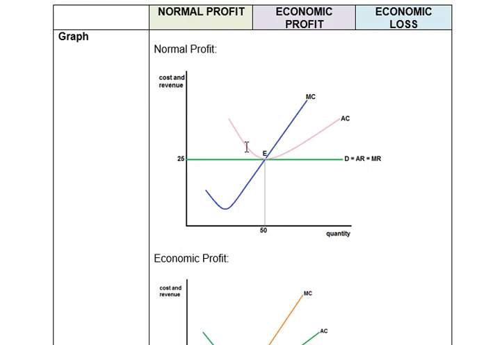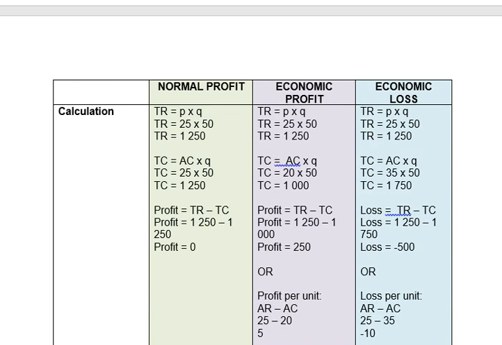My average cost graph is lying on top of, it is tangent to my average revenue, which means at point E, my green graph is touching, my pink graph is touching, my blue graph is touching, all of them are touching. But most importantly, for it to be a normal profit, my average cost and my average revenue must touch there. And you can see again, my average revenue intersects with marginal cost there. At its lowest point is where marginal cost will intersect. But for a normal profit, my average cost will rest on top of my average